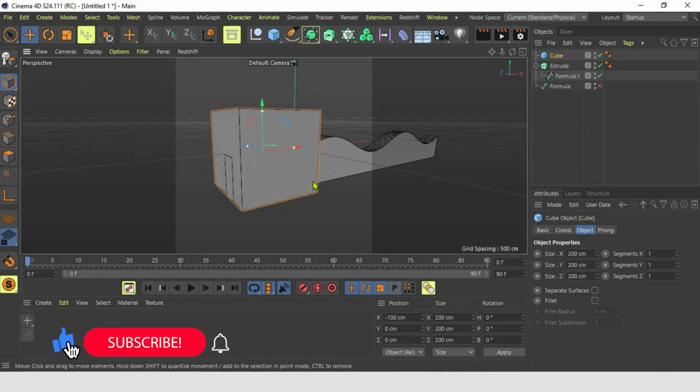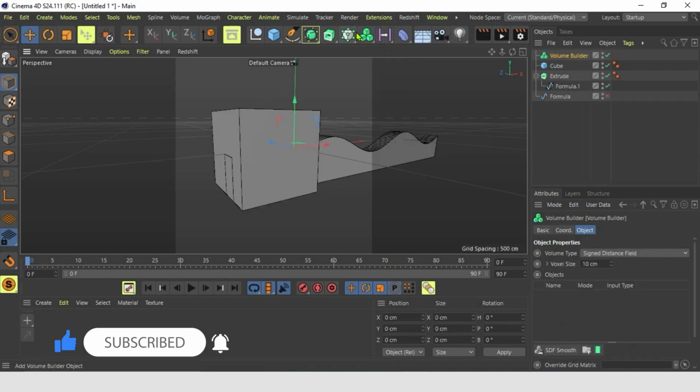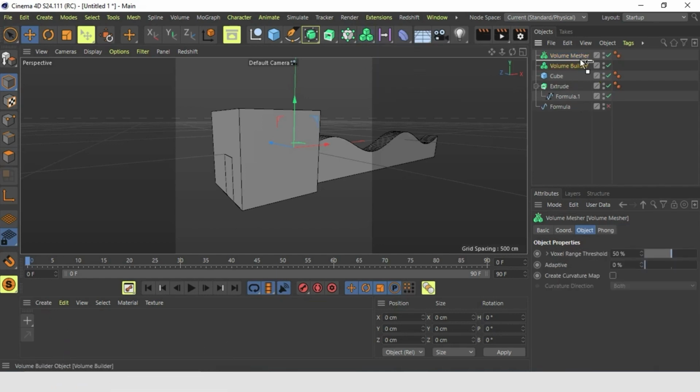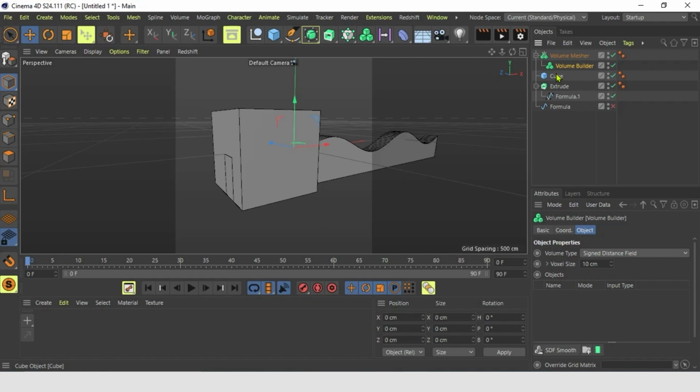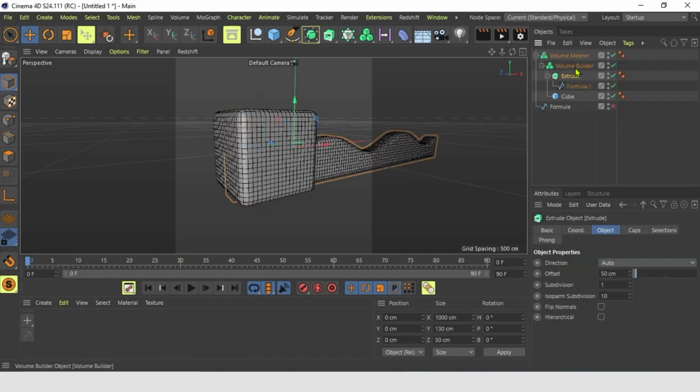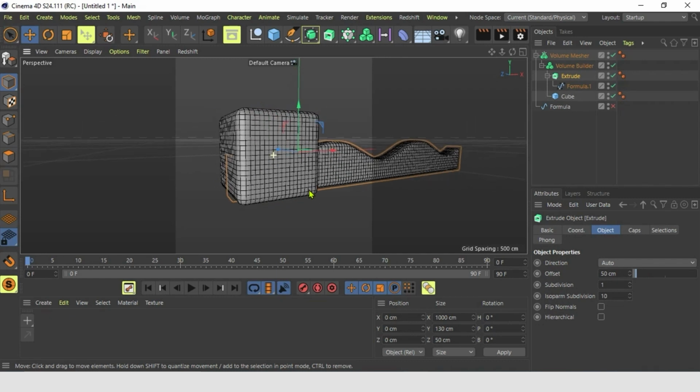And now we can create a volume builder. We create a volume mesher and put this builder into the mesher. Put the cube into the builder and also place our wavy wall into the volume builder.